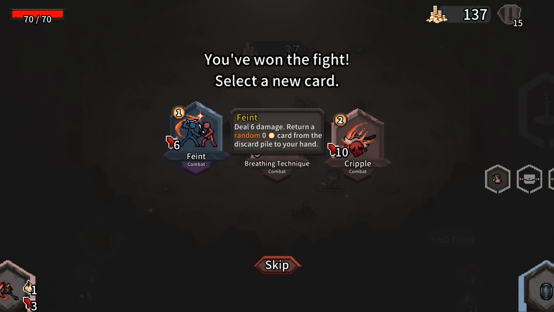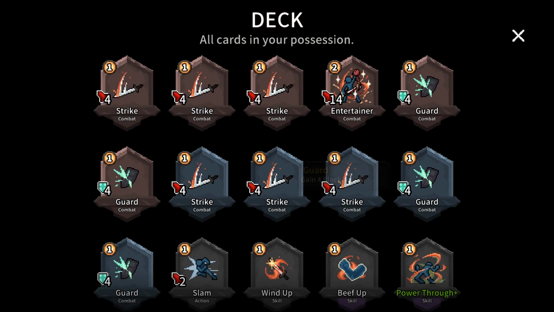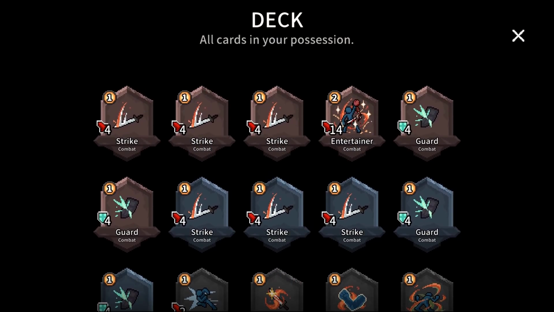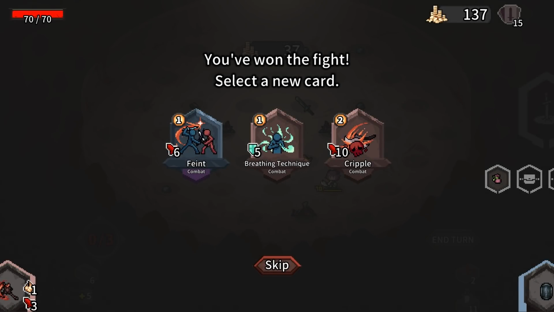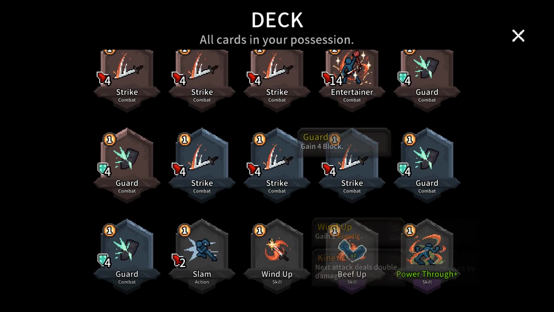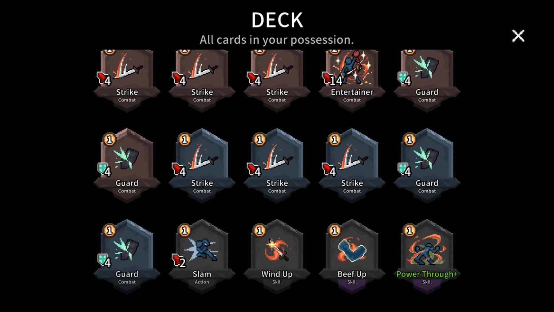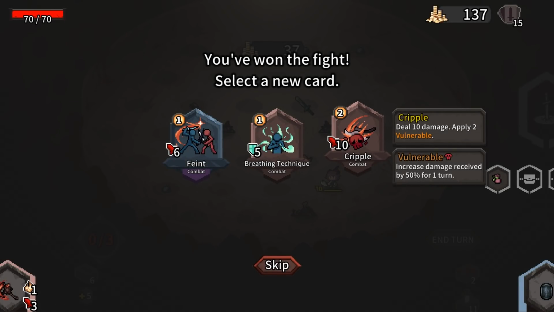Okay. So we have Feint. Deal 6 damage, return a random 0-cost card from the discard pile into your hand. We currently have no 0-cost cards. Yeah, although we can make wind-up cost 0 at some point, which could be nice. Yes, we could. Because having wind-up just as an extra thing, but...